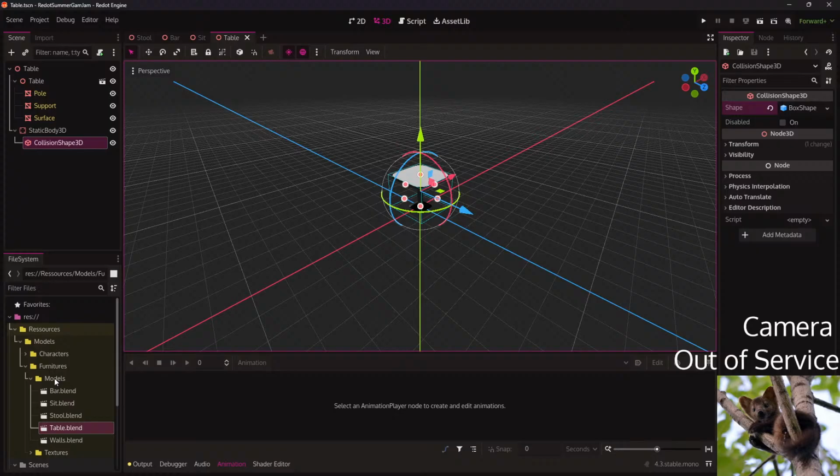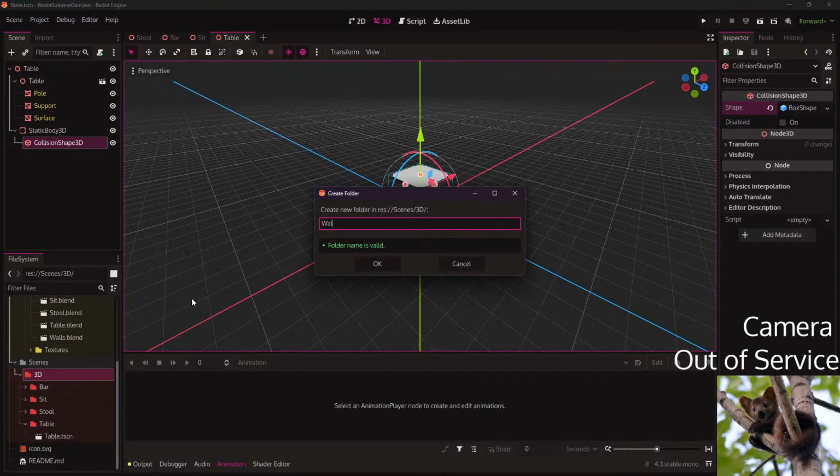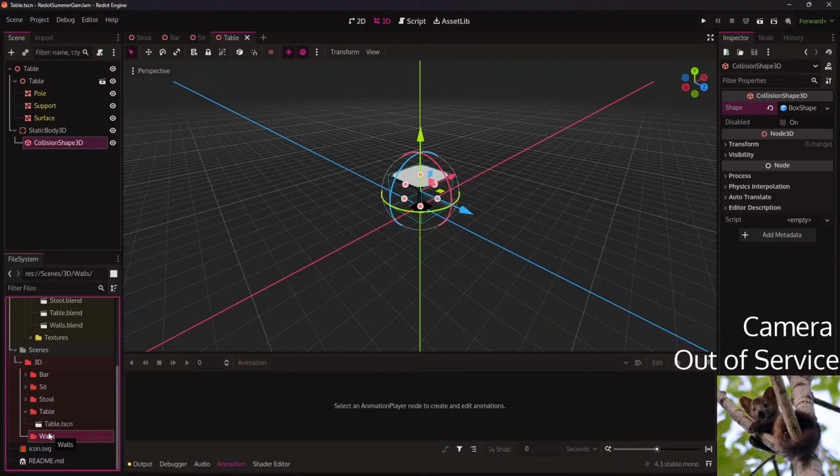And last is the walls. Except that this one is very unfinished. I kind of just want to be able to start playing.